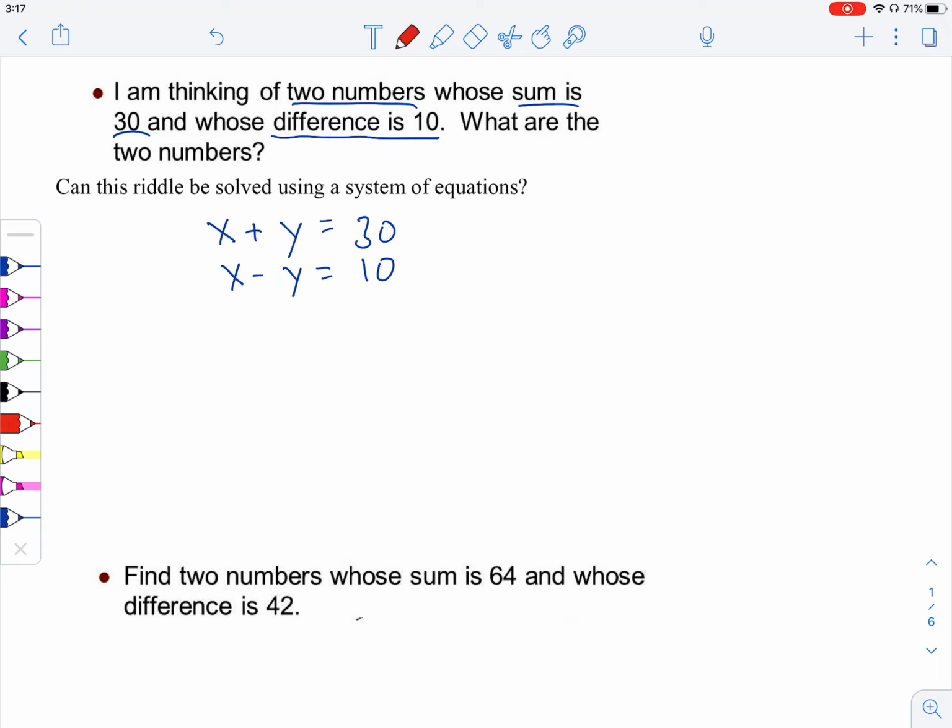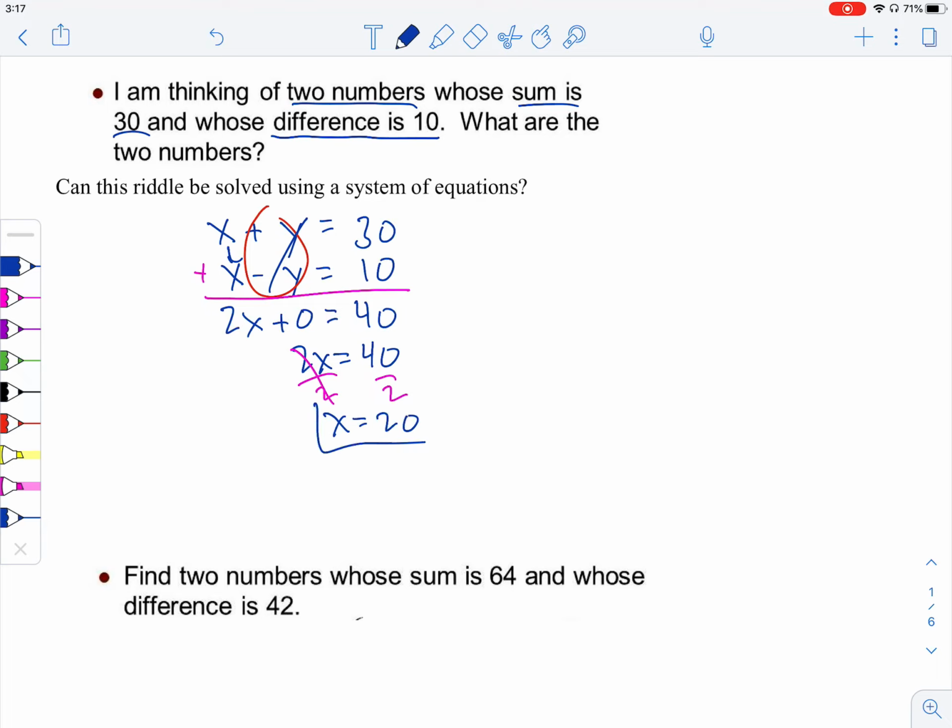Because we want to eliminate these y's. So when we add them, they're just going to eliminate. So x plus x is 2x, plus y minus y cancels out. 30 plus 10, 40. So we have 2x equals 40. Then just divide by 2 to detach the 2. We get 40 divided by 2, 20. So x equals 20, and then we can take that and find the other number